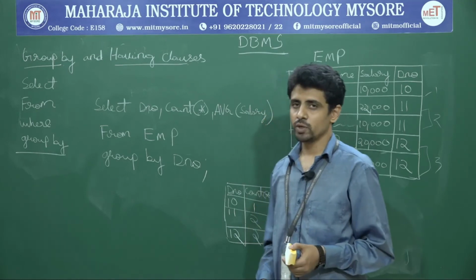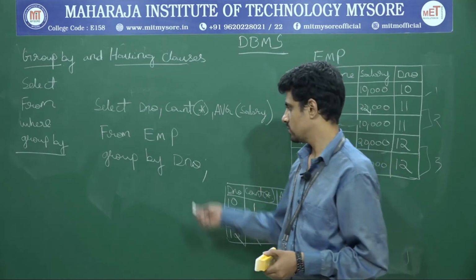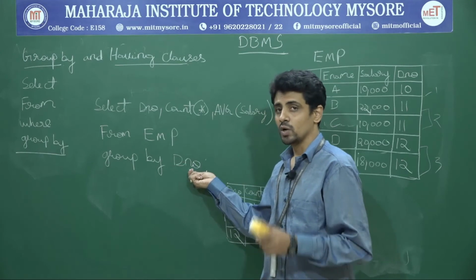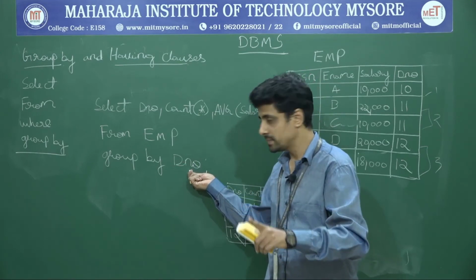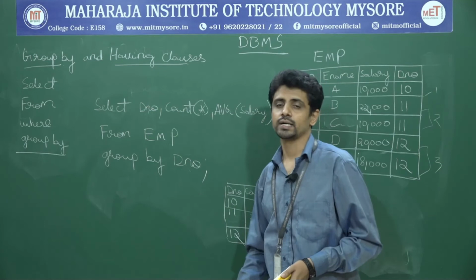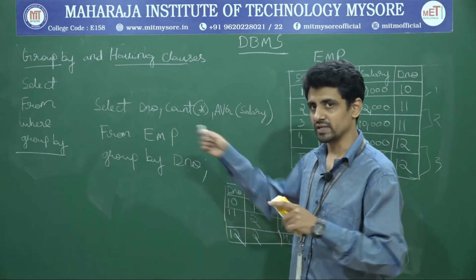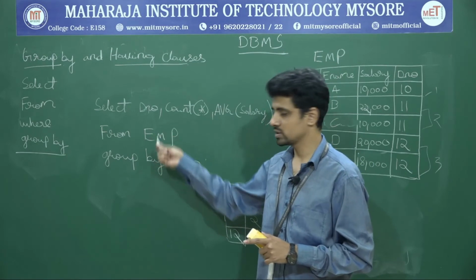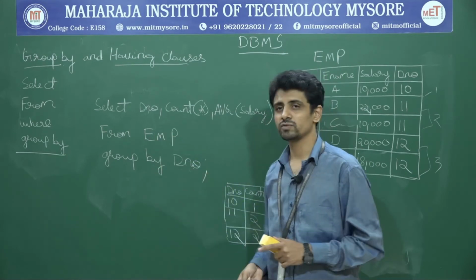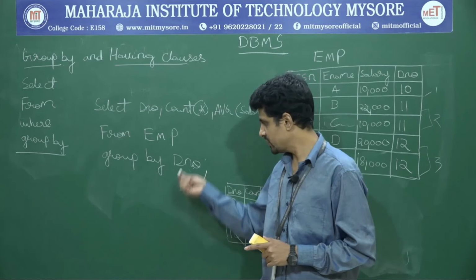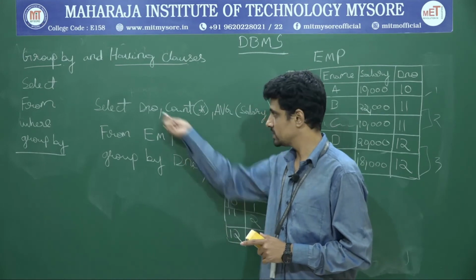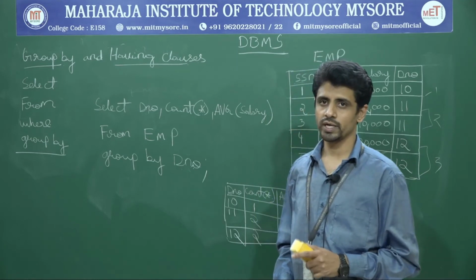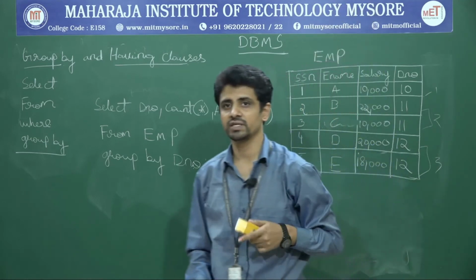One condition you need to be always aware of is that whatever is there in the group by, the attribute what you are choosing, only that attribute should be present in its immediate select clause. Immediate means you can have nested query also, but in whichever the group by you are writing, to whichever the query you are writing, make sure whatever you write here should be the same attribute present in the select clause too. Okay, so that is the only condition we have in the case of